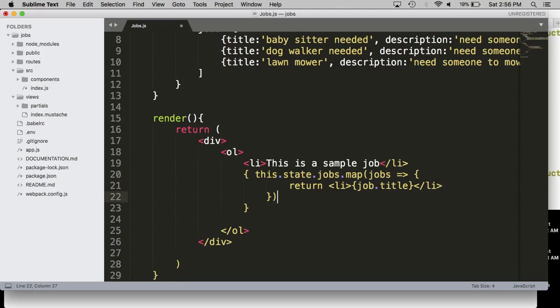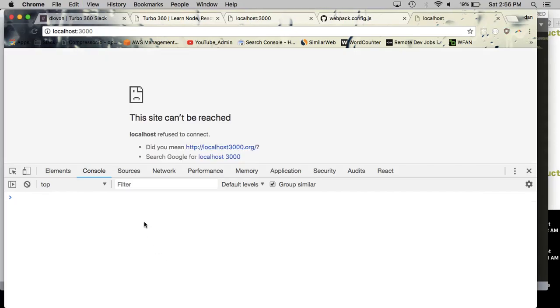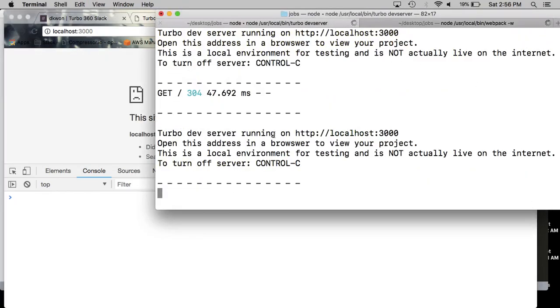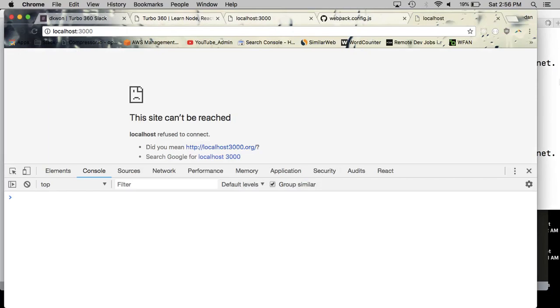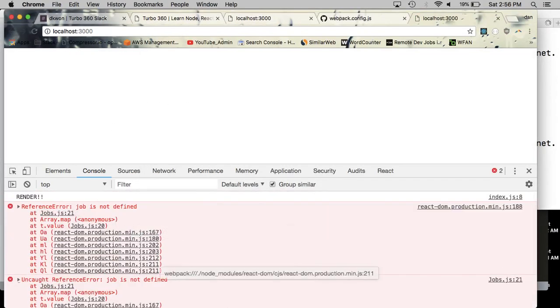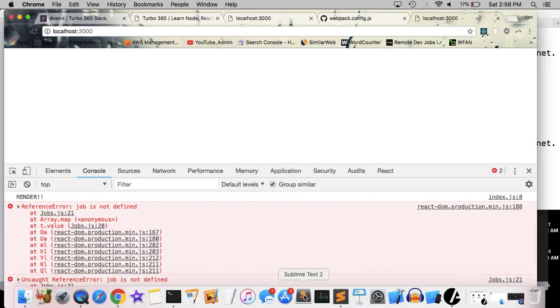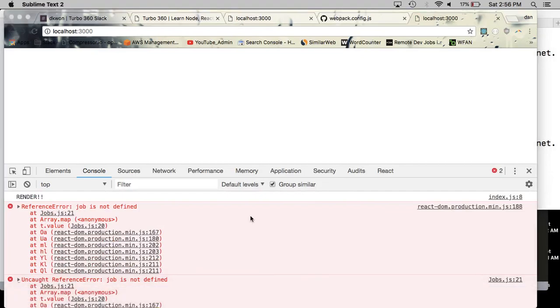Now this is a kind of a weird React thing, but actually I'll leave it alone for now. It's not that important right now. Okay, so that should work now. So once we save the file, it should recompile, and then we should see those 3 jobs in addition to the